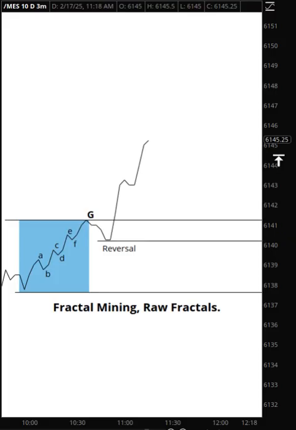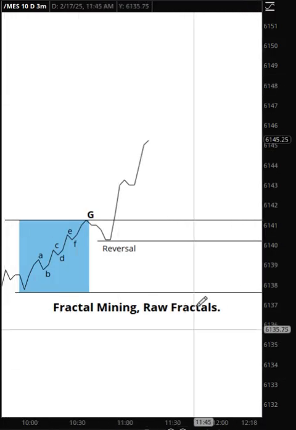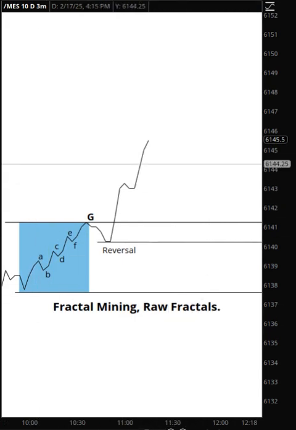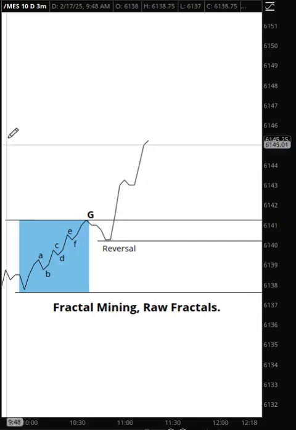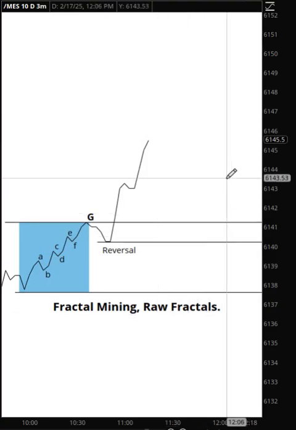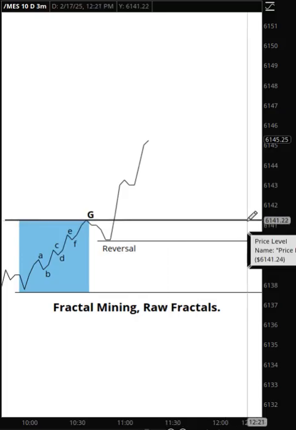Now you can do the fractal setups on any market, on any time frame. So if you can't find one that's clear enough, okay, you move to another market, you move to another time frame. Okay, currently I trade the micro, the Dow, and the NQ. All right, but this looks pretty good to me. So I did offer the fractal to a student,